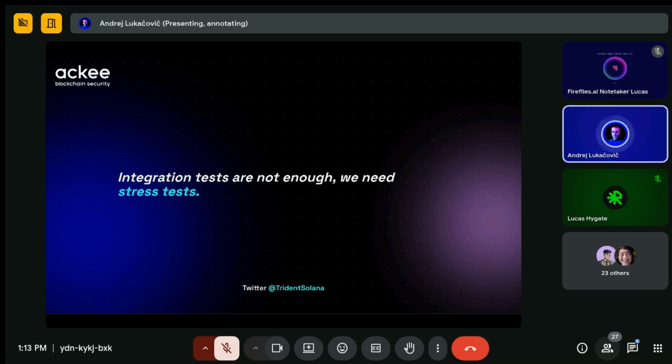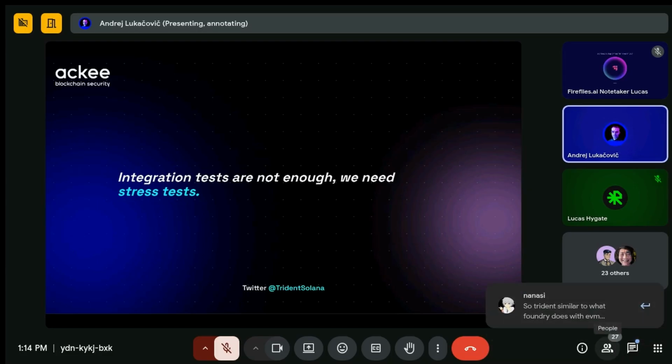Regarding fuzzing, it is not enough. I can still remember the first years of Solana where integration tests were really powerful, but we are moving forward with the complexity of smart contracts, or programs, on Solana. And when the complexity grows, there are many more edge cases that can happen in smart contracts. For that reason, it is not enough just to write 5, 10, 20 integration tests, but you want to build a pyramid, or all the pillars of